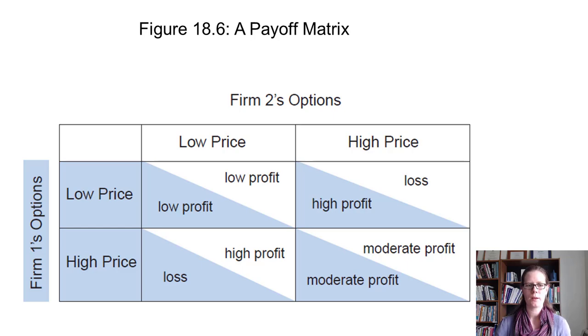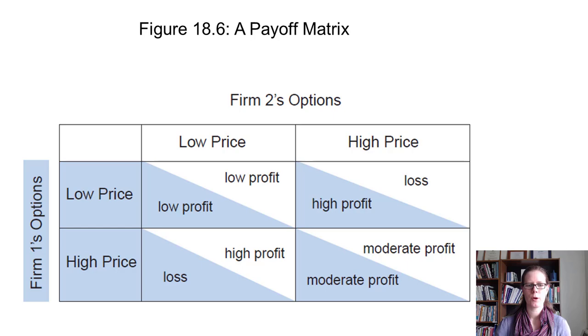But then suppose Firm 1 decides to lower its price to try to attract customers away from its rival. Its outcome will depend on what Firm 2 decides to do in response. If Firm 2 keeps its original high price, Firm 1 will get all the customers and therefore will make more profit, even with a lower price, while Firm 2 will actually make a loss. That actually makes it unlikely that Firm 2 will decide to continue charging a high price. Instead, Firm 2 will charge a low price. But if both firms charge a low price, both make less profit than they would if both charged a high price.